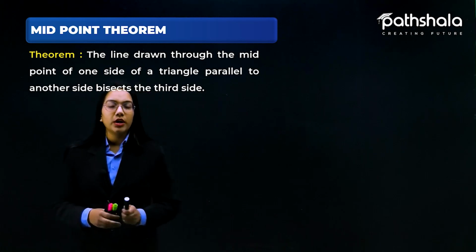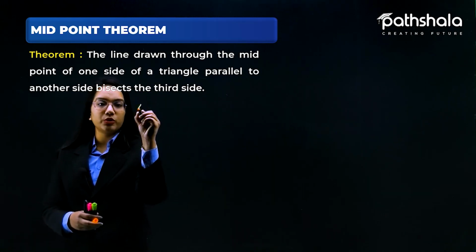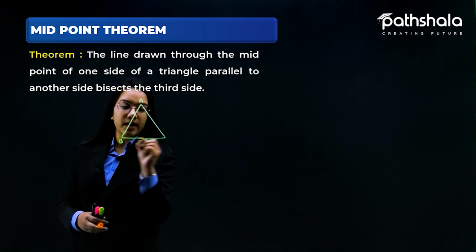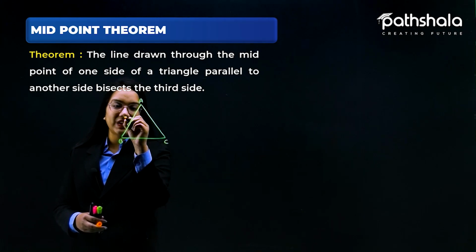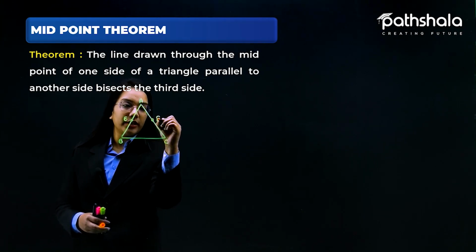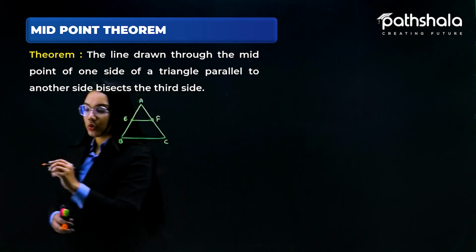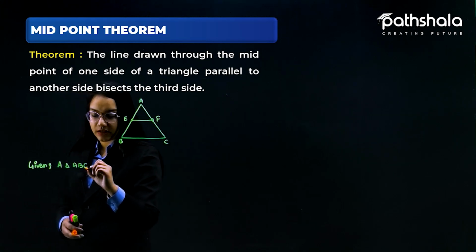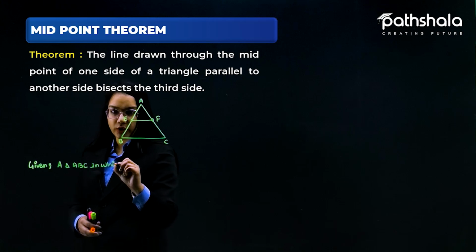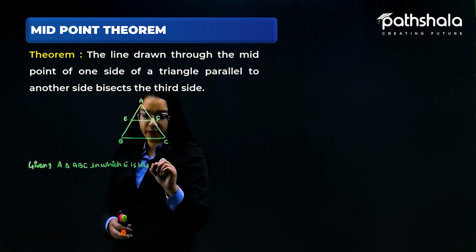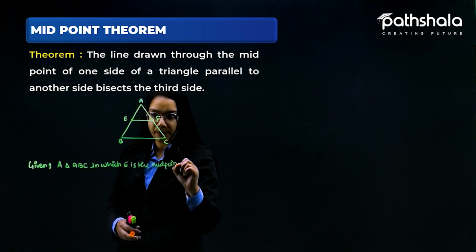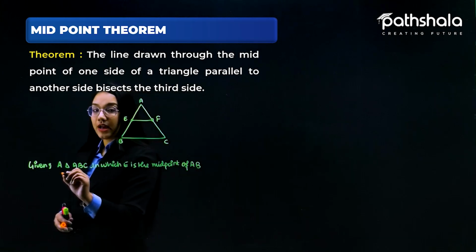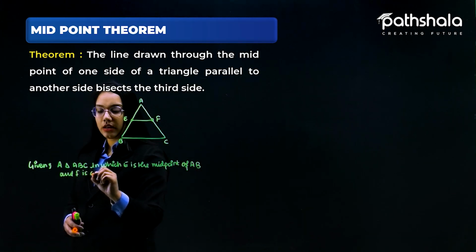First of all, we have this particular triangle. Let us take the triangle as A, B and C, with this point as E and this point as F, and I am joining EF. So the given condition is that a triangle ABC is given to us, in which E is the midpoint of AB,